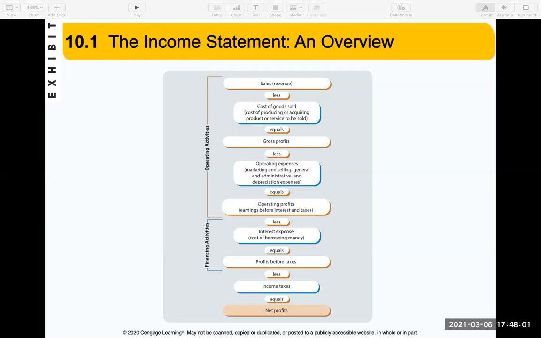For the operating costs, you have to calculate the total, and then it's equal to the operating profit. So gross profit minus operating expenses equals operating profit. Then the operating profit is subtracted by any interest expense. This is the financing activity. Sorry, I get so excited, I start talking so fast. Within the financing activities, you have interest that you